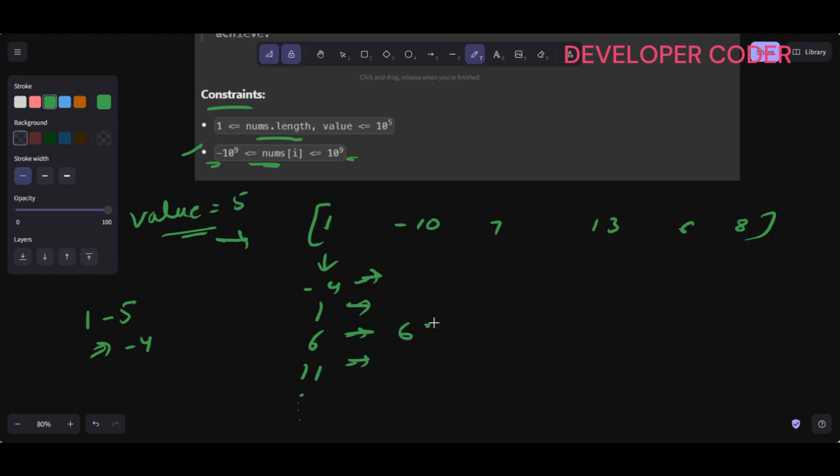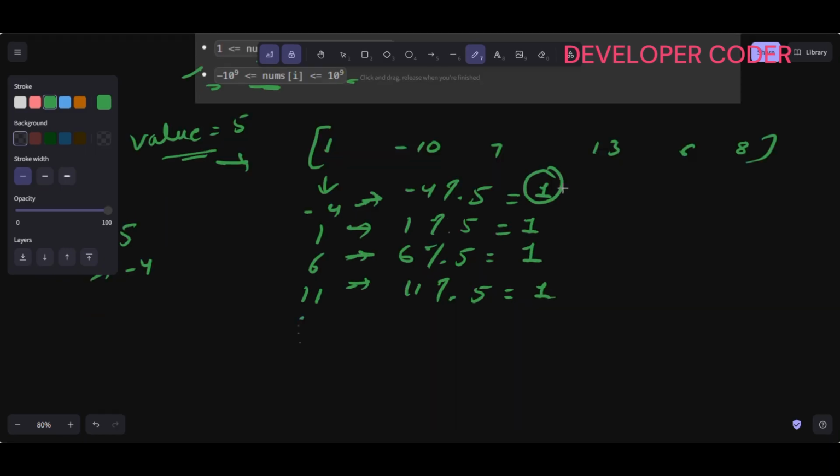Now in this case, if you notice one more thing, what is 6 modulus with 5? Remainder of this is nothing but 1. What is 11 modulus with 5? The remainder is nothing but 1. What is 1 modulus with 5? Remainder is nothing but 1 here. What is minus 4 modulus with 5? Tell me, what is the remainder of this? It's nothing but 1. This one is the positive remainder, and the negative remainder is going to be